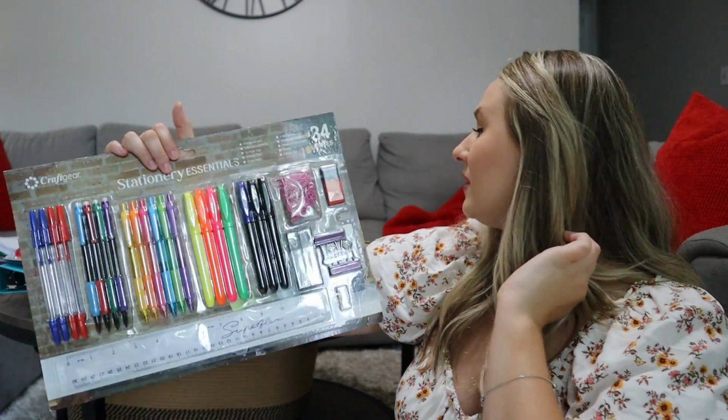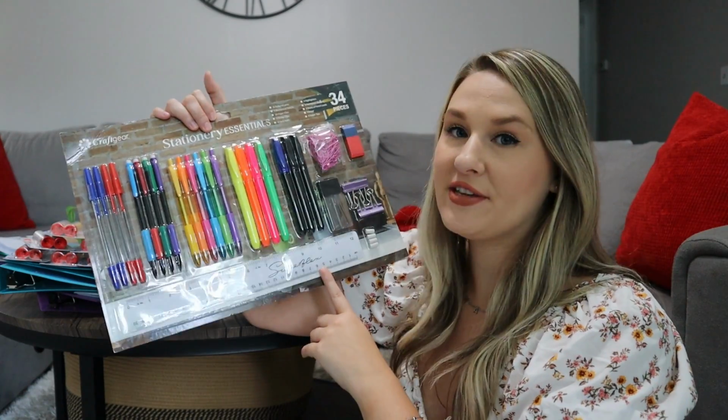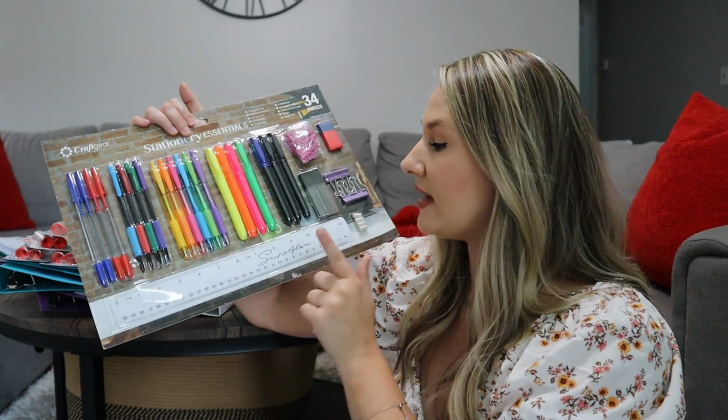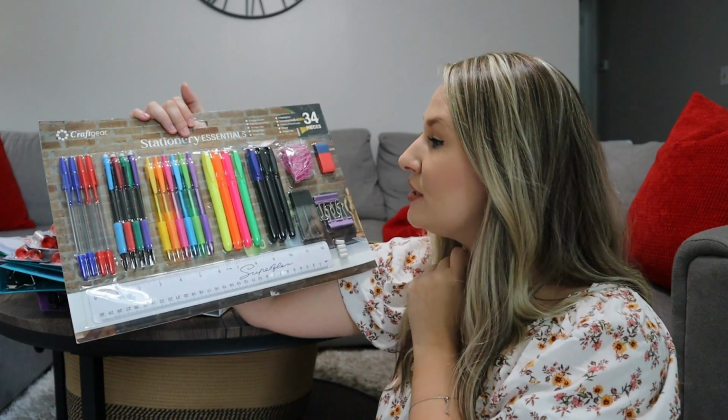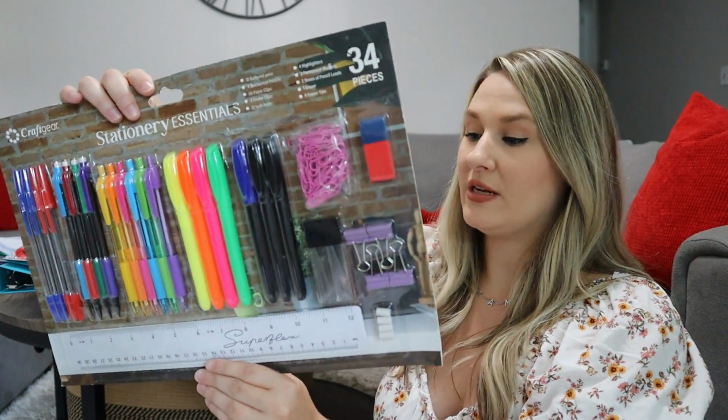Oh, and this apple was $10 at Target. This stationery set was actually from Ross, and it was $8.99. I think there are two things I found at Ross. It was this, and I got this for my 7th grader. It's just a whole thing. It's got a ruler, pens, highlighters, pencils, the whole thing in here, and it was marked down from $15 to